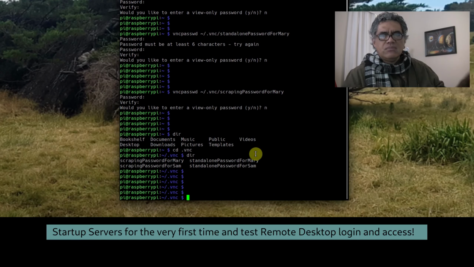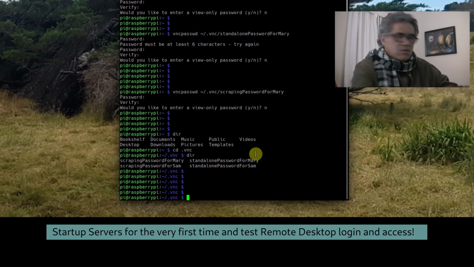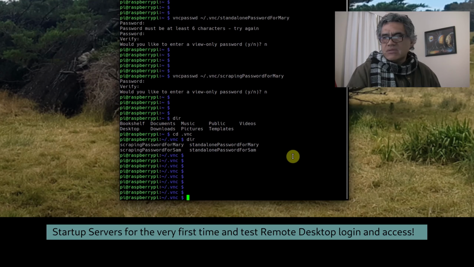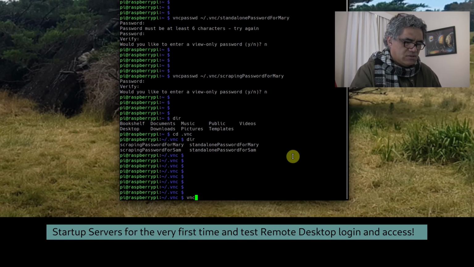And that is to try and start the server and then log in. Okay, so let's try and do that. So let's start up the server. vncserver. Okay, now we need to use a switch here, capital P, password, capital F, file, the little squiggly ~/.vnc/